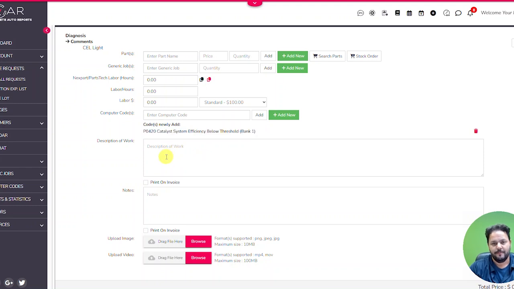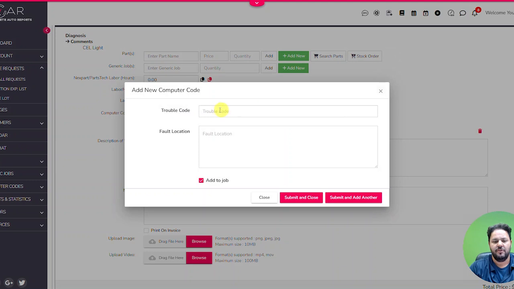took to remedy them. In addition, within a service request, you can add a new computer code on the fly. By trouble code fault location, it will add it directly to the job, and you can keep adding as many as you need or close it when